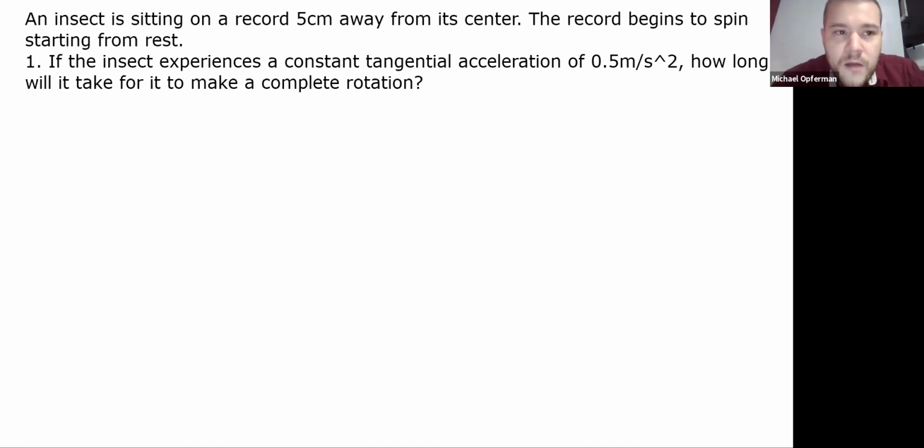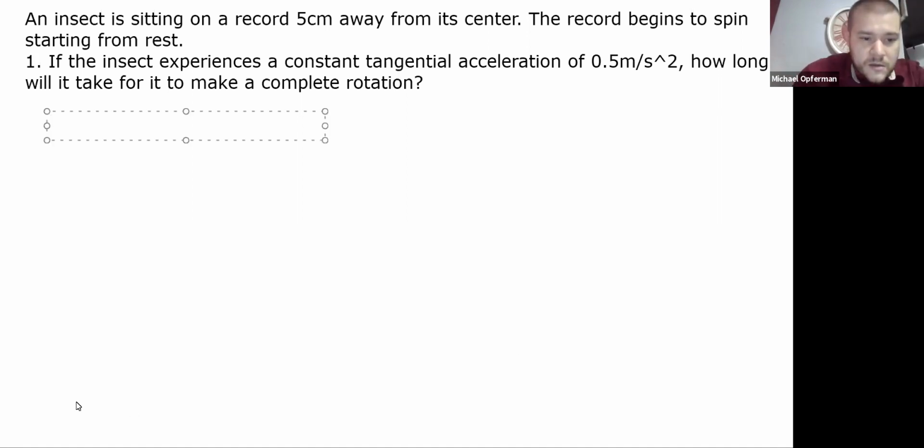So once again, the problem is we have an insect sitting on a record 5 centimeters away from the center of the record. The record starts to spin, so the insect starts to rotate. And how long will it take for the insect to make one rotation? I once again want to approach this using kinematic equations, but this time I want to approach it using angular kinematic equations. So my kinematic variables are going to be,